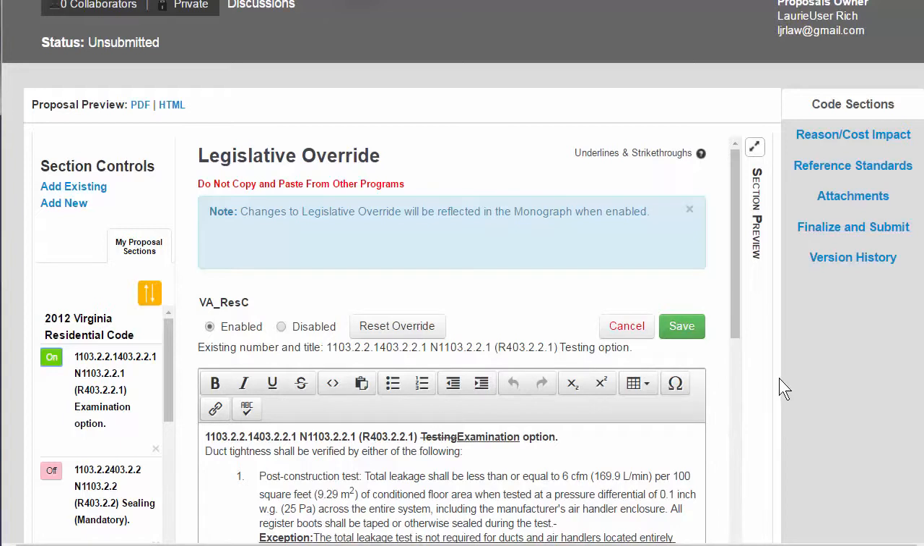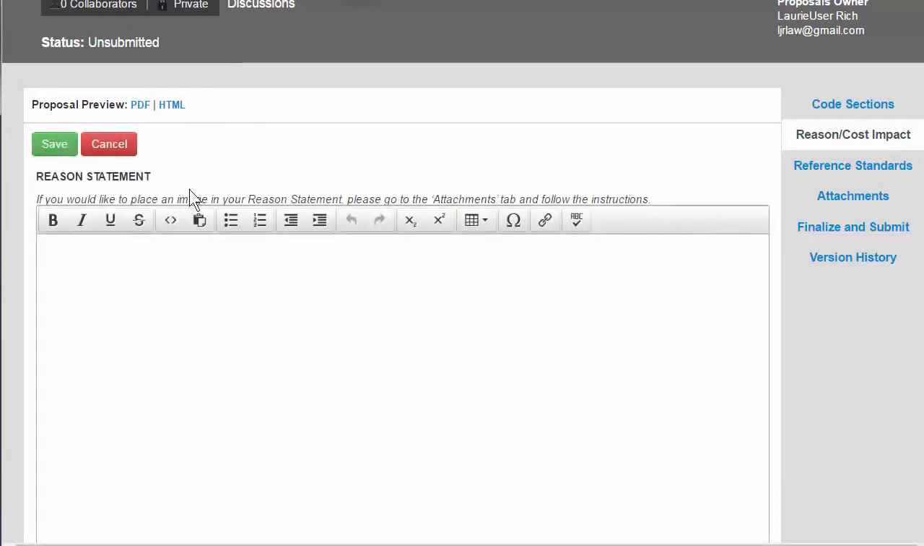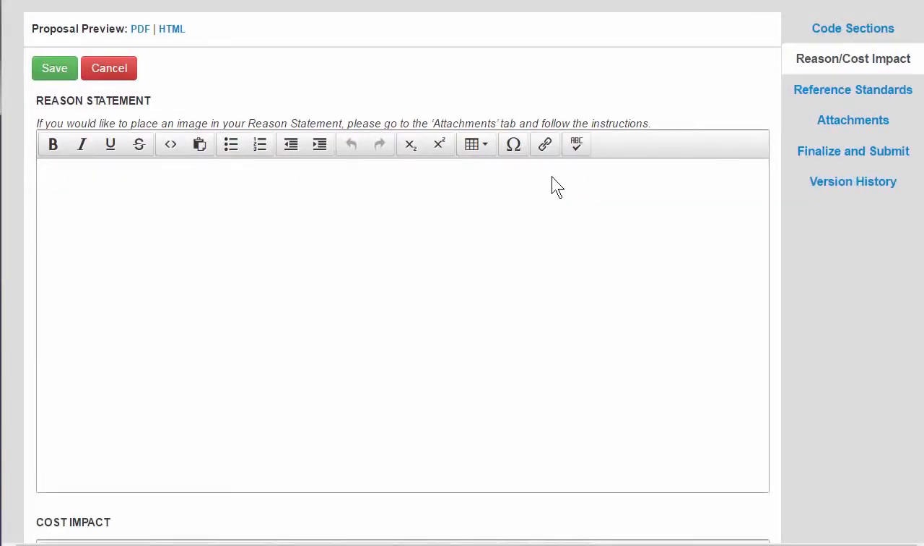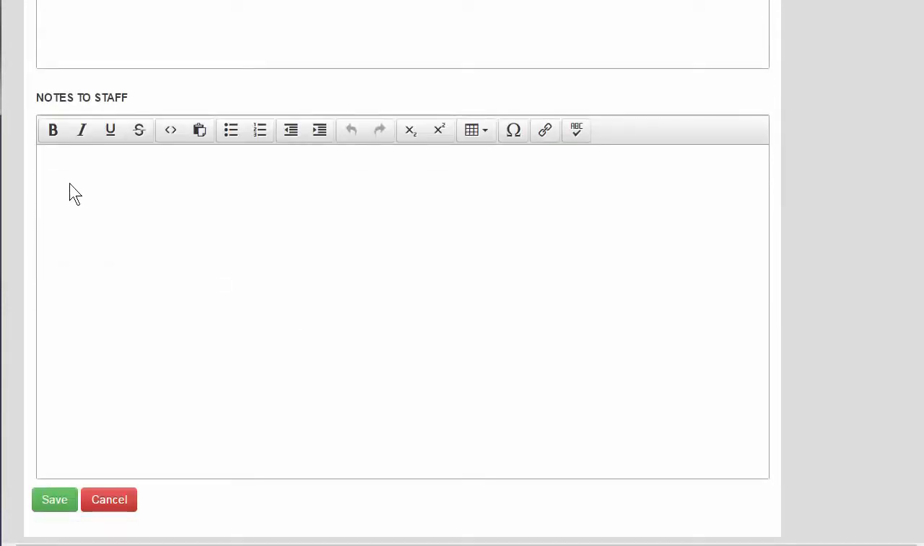Once you've made changes in your code section, you're definitely going to want to add a reason and a cost impact statement. Click on the Reason and Cost Impact tab here on the right and click the Edit button. This will give you 3 big text fields that you can use to input information necessary to submit your proposal. The reason statement is here on top, cost impact statement is second, and on the bottom is a Notes to